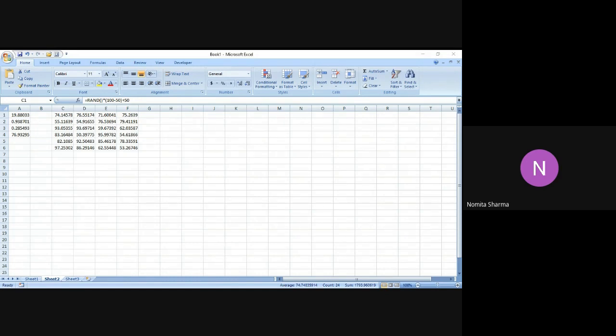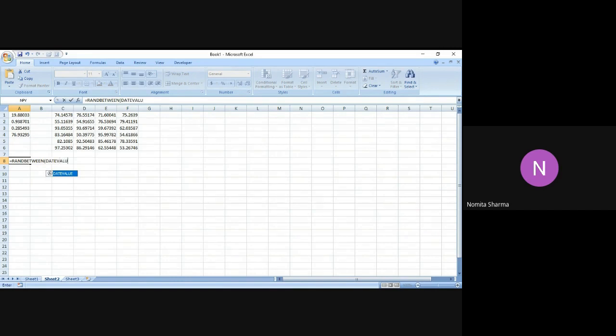So let's get going. Supposing we want to insert a random date, say between 1st June 2021 and 1st July 2021, with the time between, say, 6:30 a.m. to 6:30 p.m. We can have the following formula to work with this particular scenario. So we say equal to RANDBETWEEN function, and in this case I will use the DATEVALUE function.